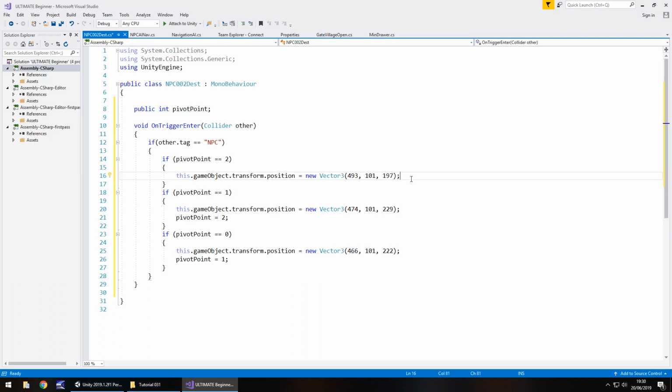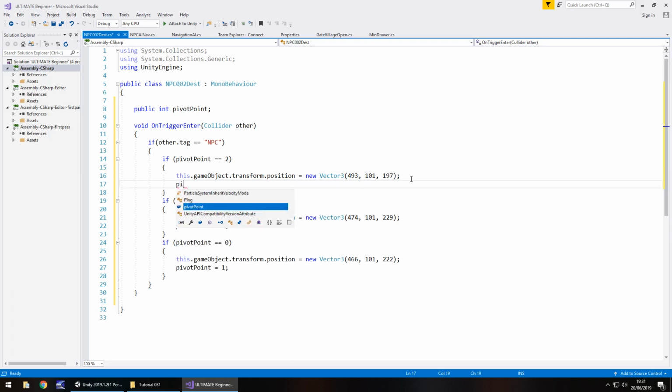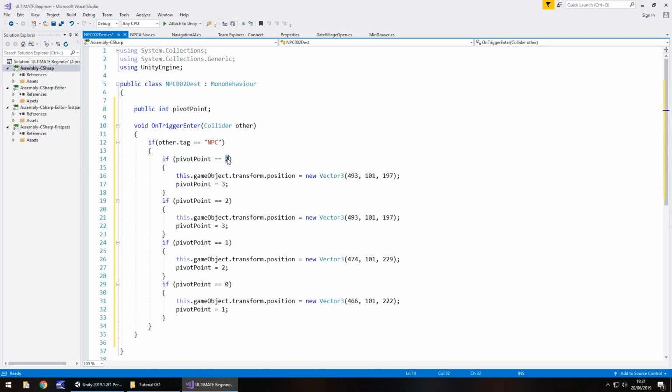197. And then we need to say pivot point equals 3, semicolon. So going backwards once again, let's copy that if statement, go backwards and say 3. So we're saying now that we need to move this one to 488. Can't even read my own writing properly. 488, 101, and 181. Change pivot point to 4, which means that if we take that and say if pivot